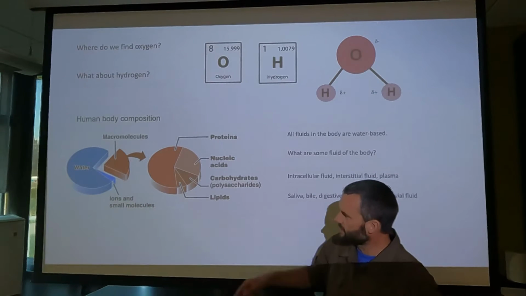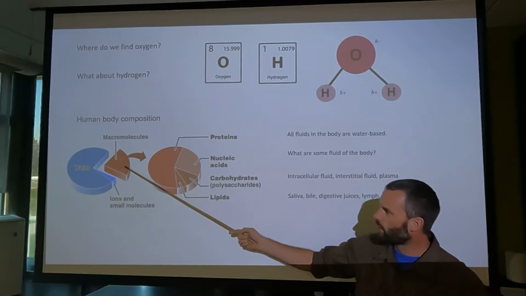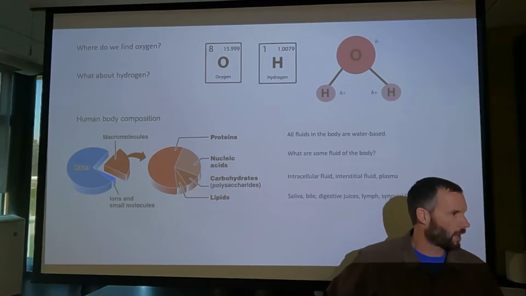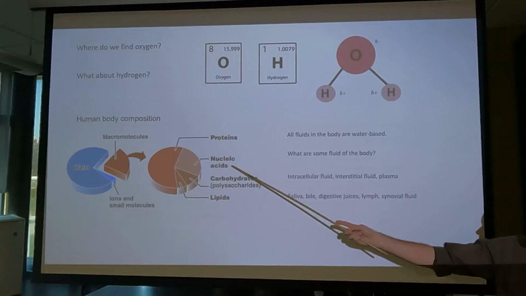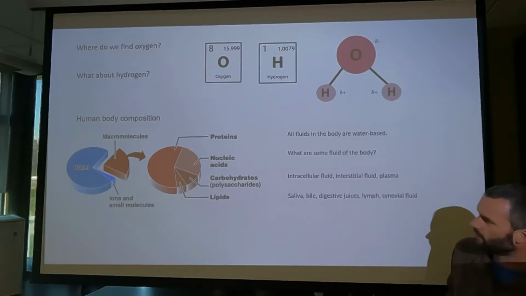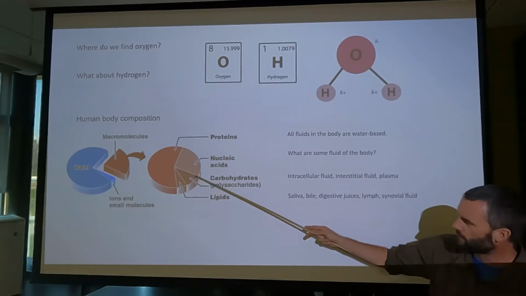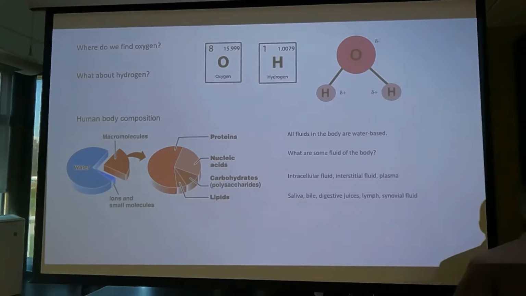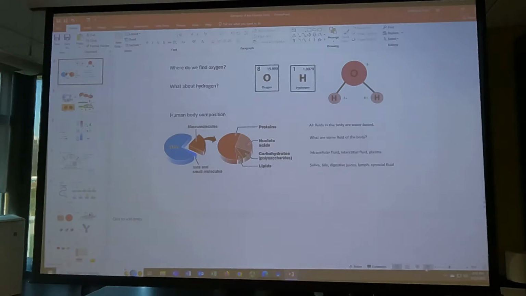So we covered water. 60 to 70% of the body is made up of water, but about 20% of the body is made up of what we call macromolecules. These are large molecules. What are two examples of nucleic acids? DNA and RNA. Okay, we'll look at that. Proteins, carbohydrates, lipids are the other examples of macromolecules that we find in the body. So if we want to know what the body's made up of, we want to know what elements make up these macromolecules. And that's exactly what we're going to do.